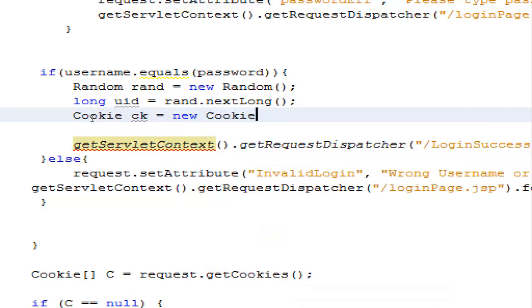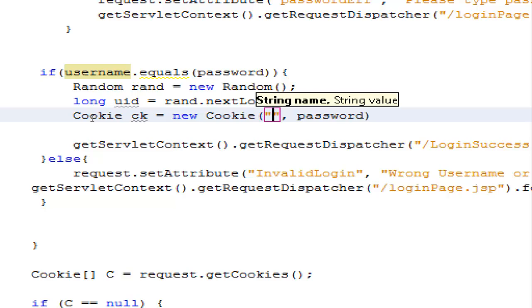So you create a new cookie, user ID, value is UID plus